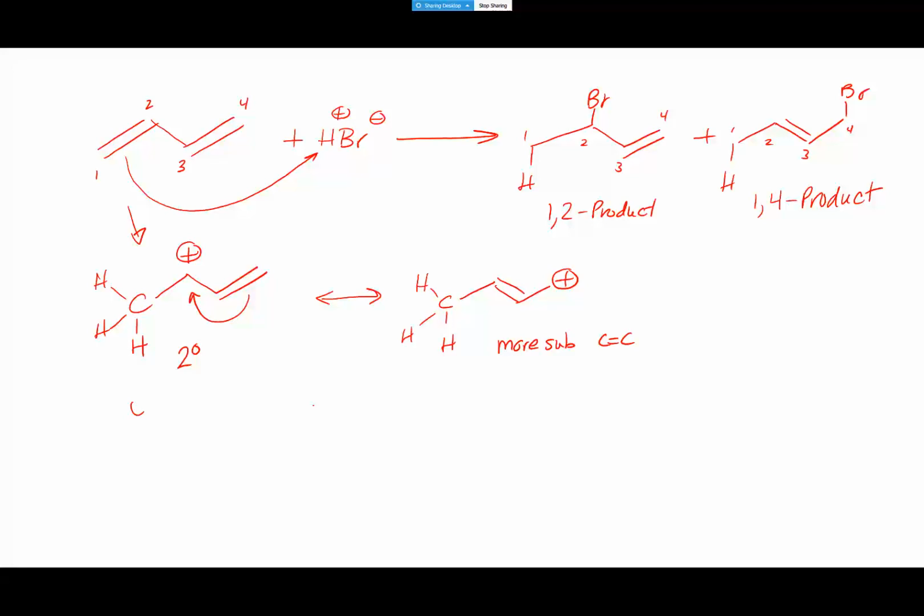So here's what we need. We need a rule. What's more important to stability? Carbocation type or double bond substitution? That would be my rule. The type of carbocation you have is more important than the double bond stability. So that's the rule we're going to use. And is there experimental evidence for that? Yes. But remember,